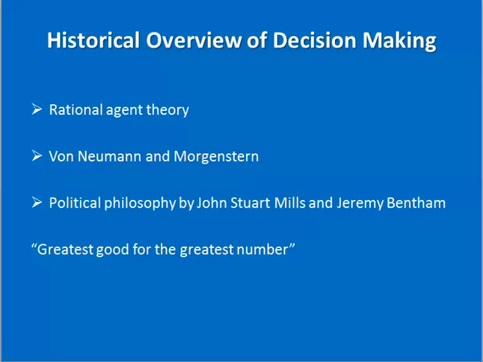Historically, economists have always assumed that people are rational agents. They maximize what they value. The rational agents theory actually stems from political philosophy by John Stuart Mill and Jeremy Bentham. This is known as utilitarianism, which is essentially the greatest good for the greatest number. In terms of decision-making,